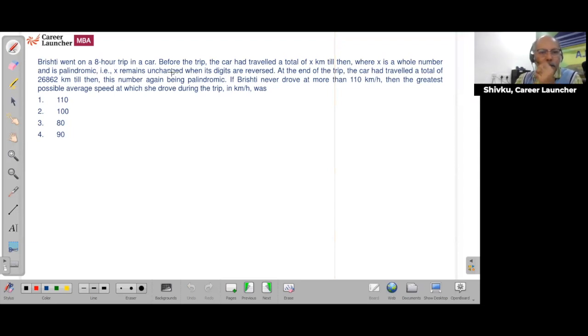However, Brishti went on an 8-hour trip. Before the trip, the car had traveled a total of X kilometers till then, where X is a whole number and is palindromic. X remains unchanged when its digits are reversed. That means a palindrome is a number which, if you go from the front or from the back, looks identical. At the end of the trip, the car had traveled a total of